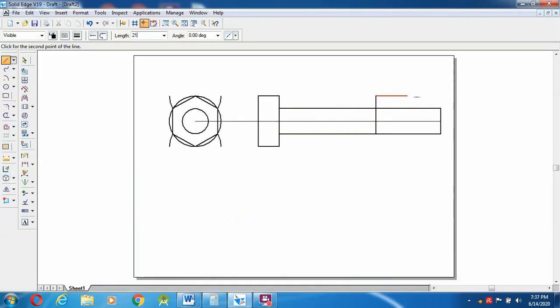So 21.6 mm I am going to make, and here again 48 mm, and 21.6 mm, and I am going to join over here. So the nut has to be created over here. After creating it, it is exactly 60 mm. Okay, after creating this, one more thing I am going to do,